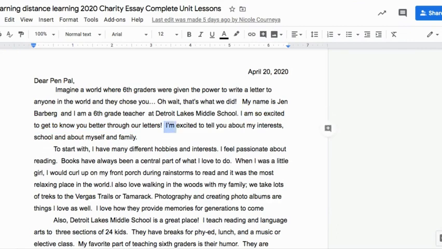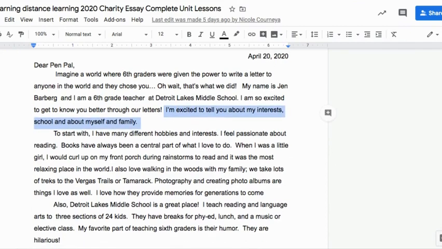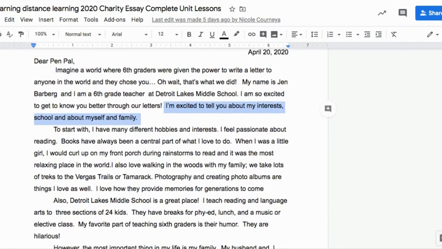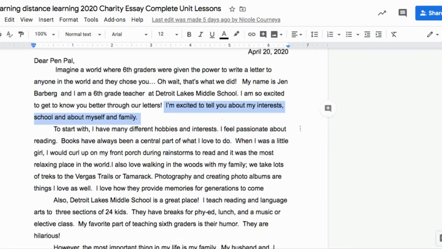And then you're going to notice that they have a very strong thesis statement. Okay, we said exactly, I'm going to tell you about my interests, school, and about myself and family. Okay, they know when they read through your letter, those are the three things that they're going to read. So your guys' letter should also have a strong thesis statement like that. And it could be pretty much the same, right? You're going to be talking about the same three things that we talked about in our letter. So that thesis statement is not going to be too much different from your friends' or from this letter. But you just notice that they have it, right?